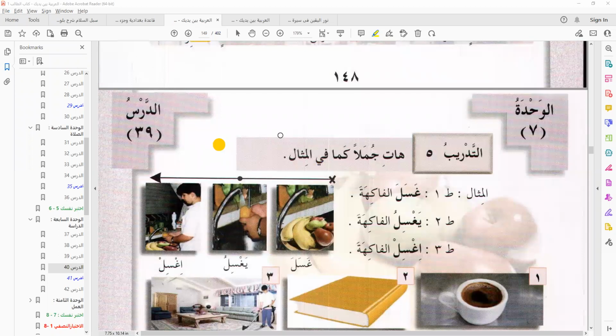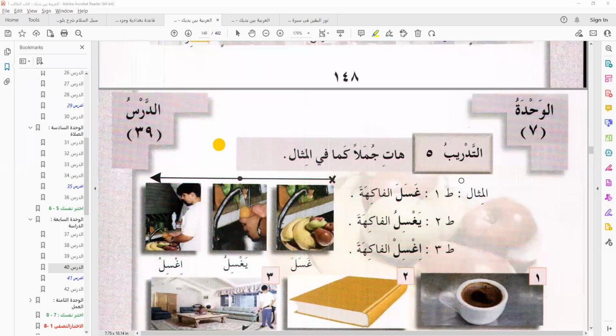وإن شاء الله اليوم نبدأ من هنا: التدريب الخامس. We are still in the seventh unit, and lesson 39. That is the 39th lesson.